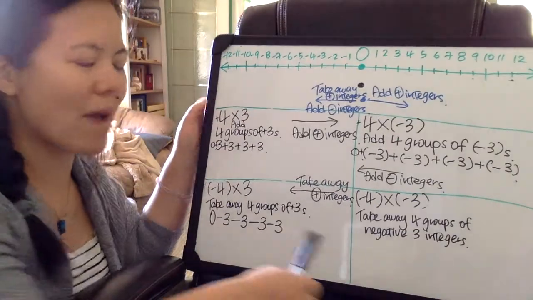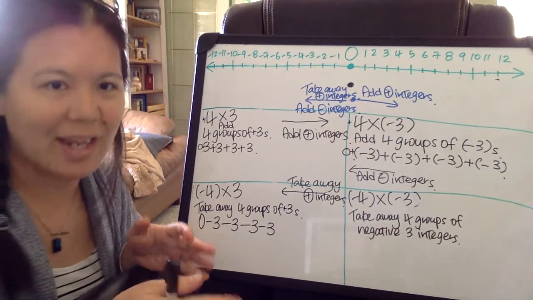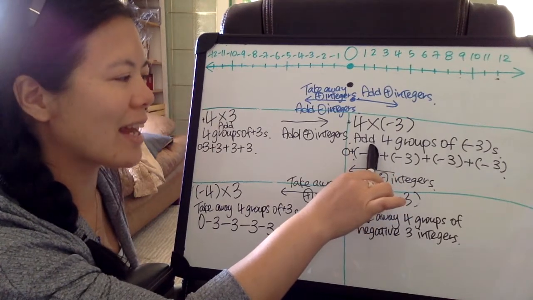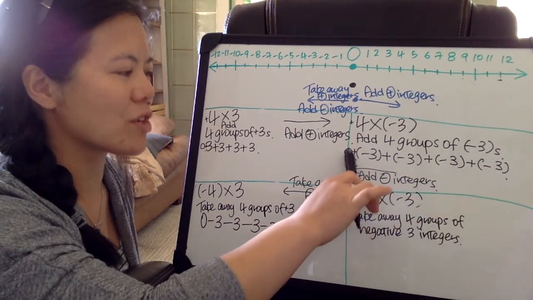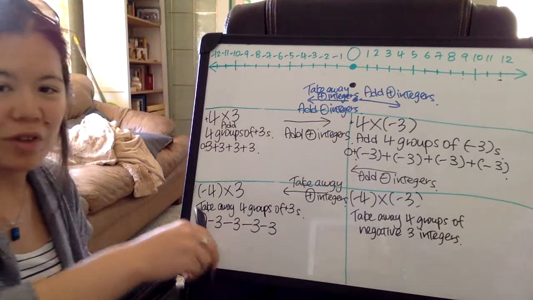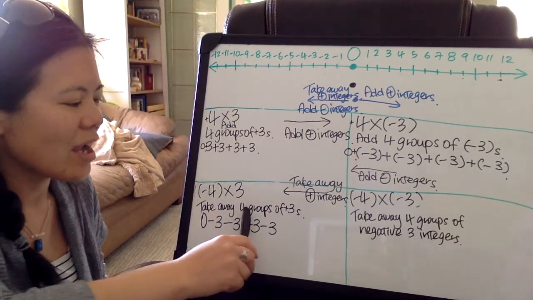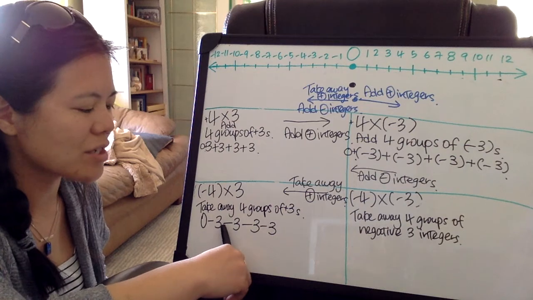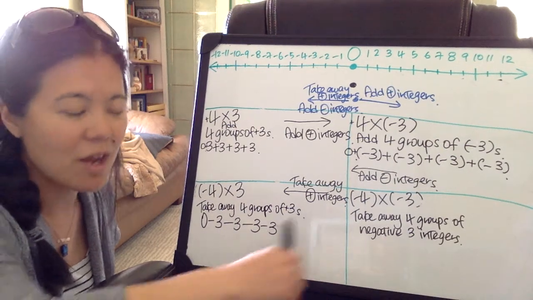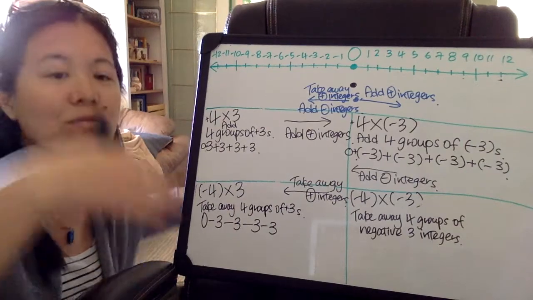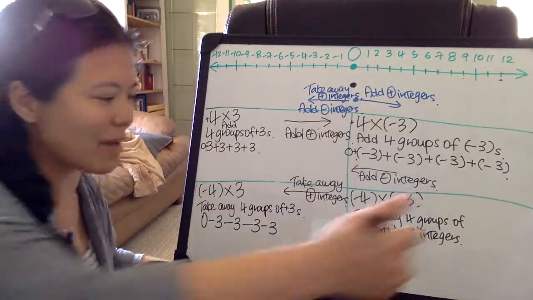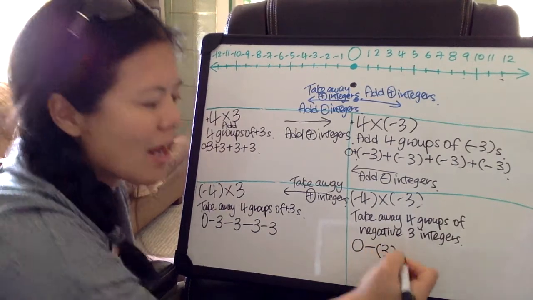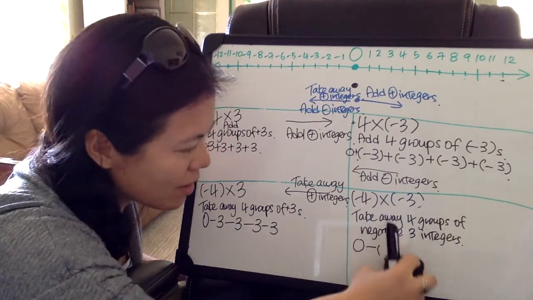So you are taking away 4 groups of negative 3 integers. If we look over here, when you added 4 groups of negative 3s, you added 0 plus negative 3. And if you look over here, when you're taking away 4 groups of positive 3 integers, you took away positive 3, took away positive 3, and did that 3 times. Following the example of these, following reason, because it should work the same way, you start at 0 and you take away negative 3,